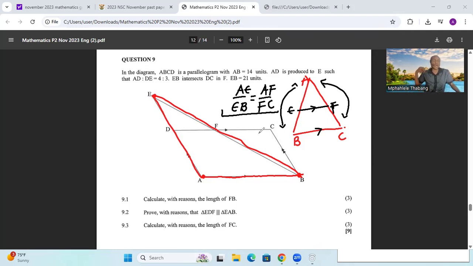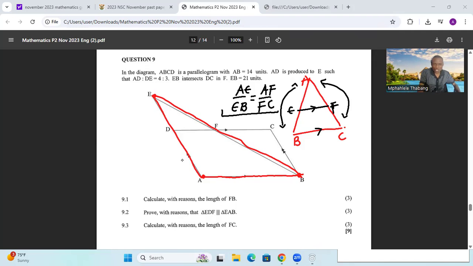Whenever a line is drawn parallel to one side of a triangle, you have to know that the other sides will be in proportion. So that is why we say AE over AB is equal to AF over FC. This is the proportionality theorem, and you will see how this theorem will help us to calculate the length of FB in